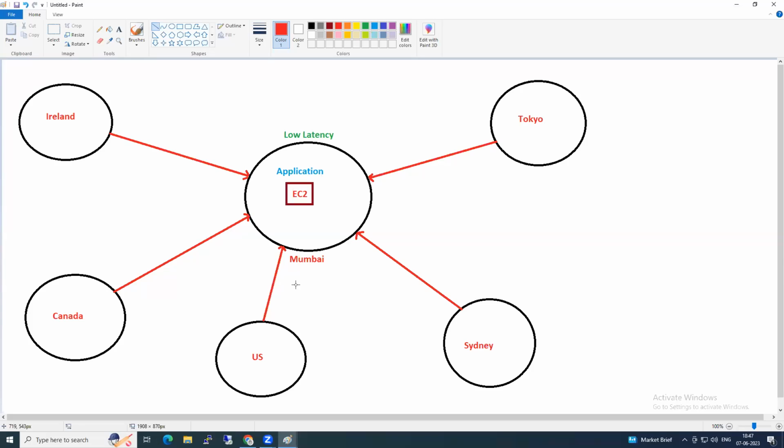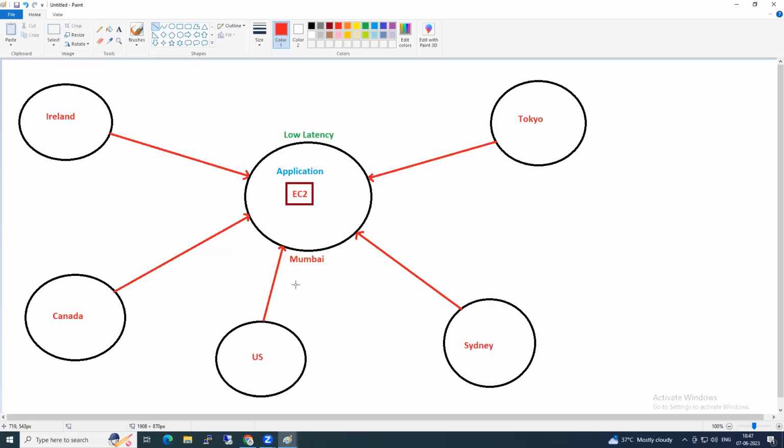If I put the application in Tokyo, when Tokyo users access it, the Tokyo application will reply. This is the ideal scenario, the solution. But the thing here is I don't have that much budget to keep my application in all the regions.